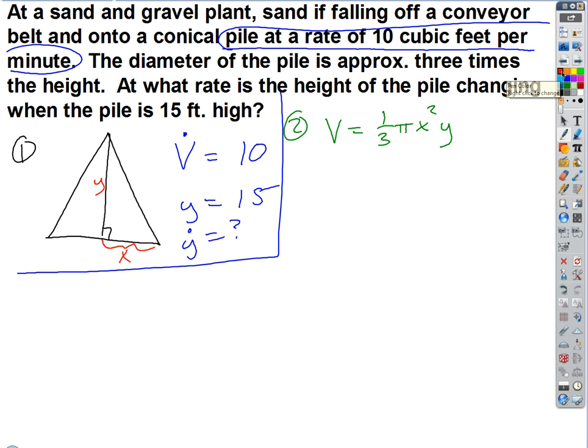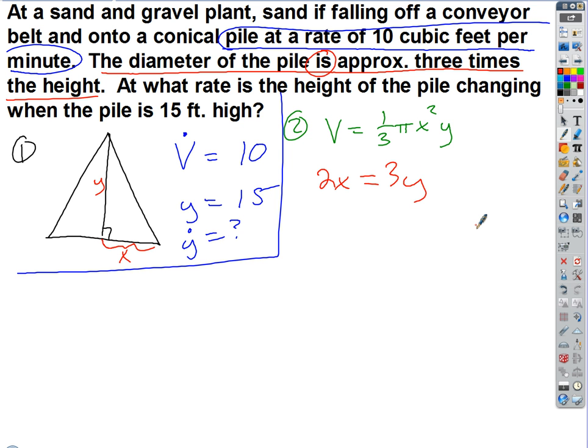So let's use this other piece of information that we're given. It says the diameter of the pile is approximately 3 times the height. So think about that. Diameter is equal to what in terms of our variables? Diameter is 2 times the radius, so 2x. Diameter is an important word. What does "is" mean? Equals. So 2x is